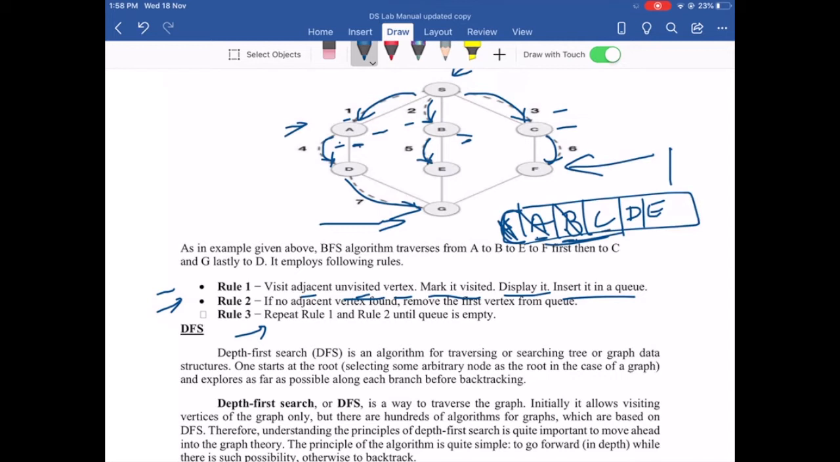Next vertex to be considered is C. From C we will look at what are the nodes that can be visited. We can visit only F. F is inserted into the queue. No other nodes can be visited from C. It is to be removed from the queue. We will look at D. From D we will see what other nodes can be visited. We can visit G. G is inserted into the queue and D is removed since we don't have any other